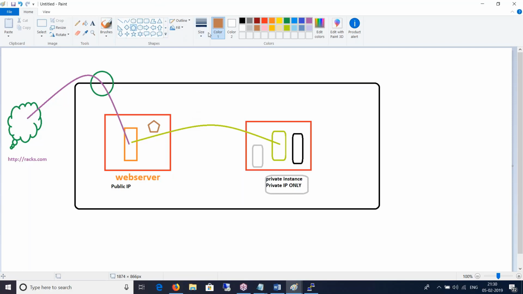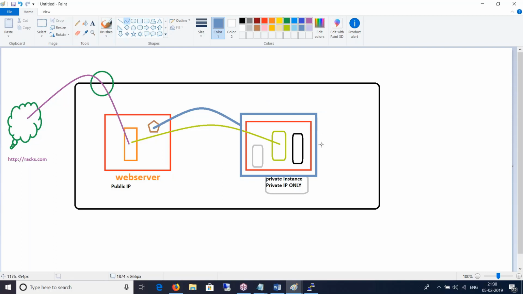I will assign this subnet to my NAT gateway, something like that.